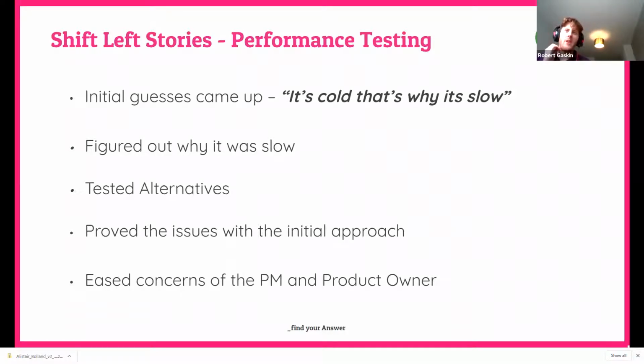So we eventually figured out why it was slow. We pinned it down to the Logic Apps, so the Azure Functions were fine, but the Logic Apps were slow, and that meant we now had a target of what we can change. And because we did it so early, integrating with other things was doable at that point. So we tested loads of alternatives. And because we were still in the shift left mindset, we were performance testing all of these alternatives, and we were like, yeah, this is much faster, this is a bit faster, and we came up with a good solution, right, we've found a good alternative now, and now we can make that diversion. And we made the diversion, and